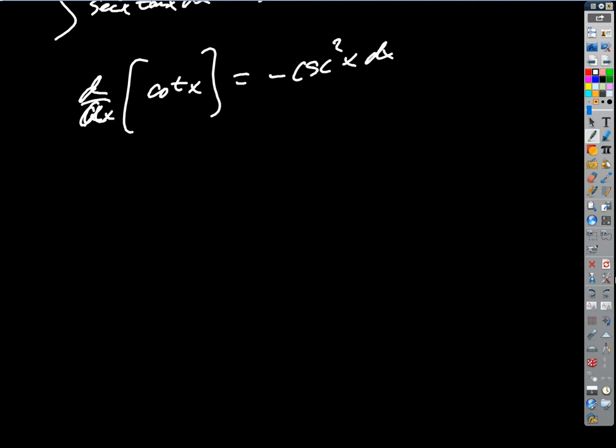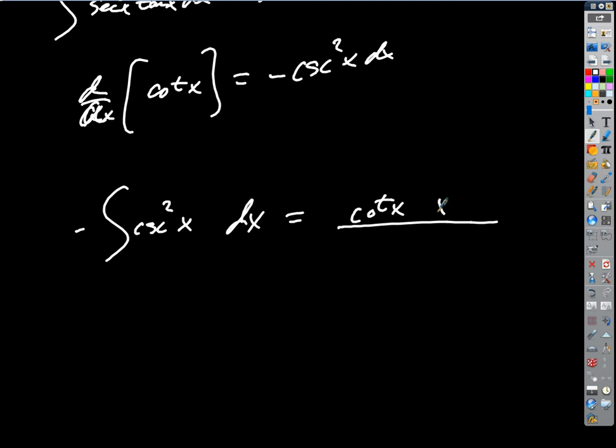What do you think? The antiderivative of what, dx equals what? So the negative, the negative outside. Okay, so we could put the negative outside. Cosecant squared x dx equals